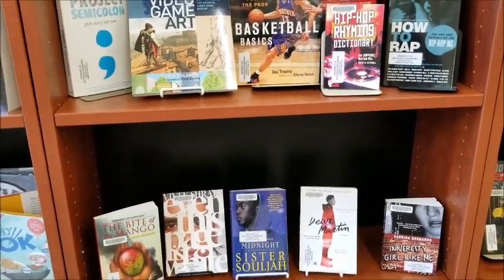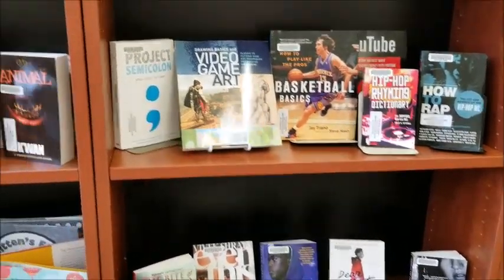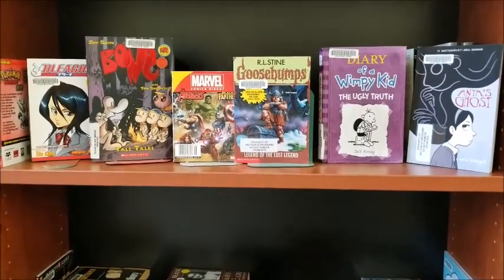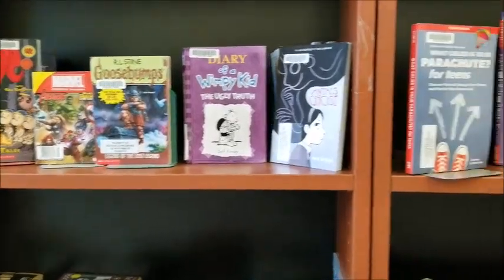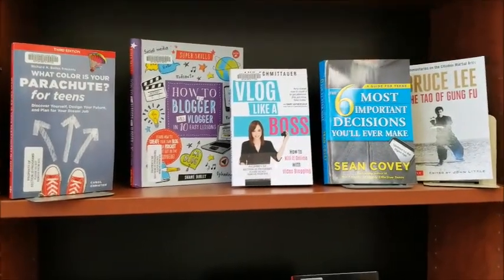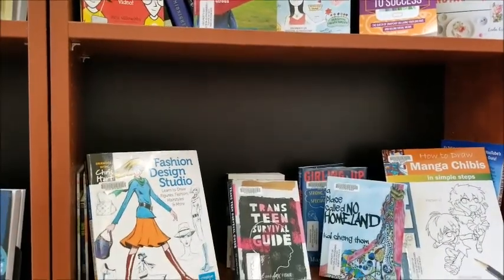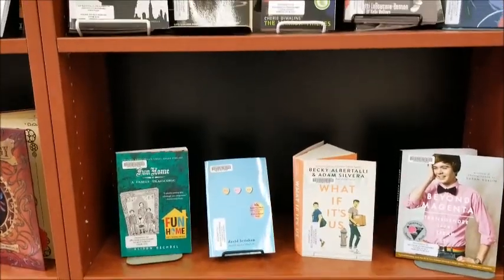What we're trying to do in our school is build up classroom collections that are culturally responsive and relevant. And they hit a wide variety of different needs and tastes and interests of students. So that would include the usual suspects, the novels, but we also want to include informational texts. We want to include graphic novels, comics, books on art, design, music, sports, fashion, memoirs, biographies,